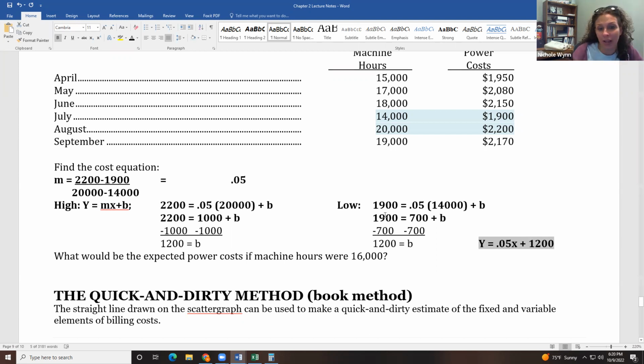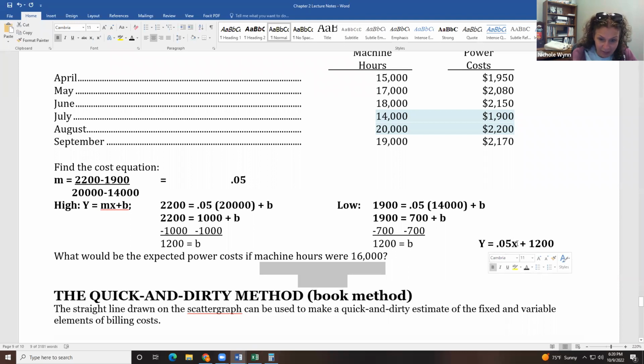So I could say, well, what if next month we have 16,000? Oh, that's what this one says. Okay. So what would be the expected power cost of machine hours for 16,000? So if we were trying to plan for October and we're like, well, last October it was 16,000. So let's guess on 16,000. So then what we would say is we would